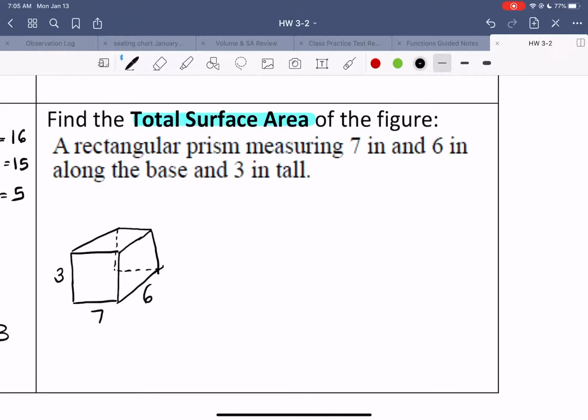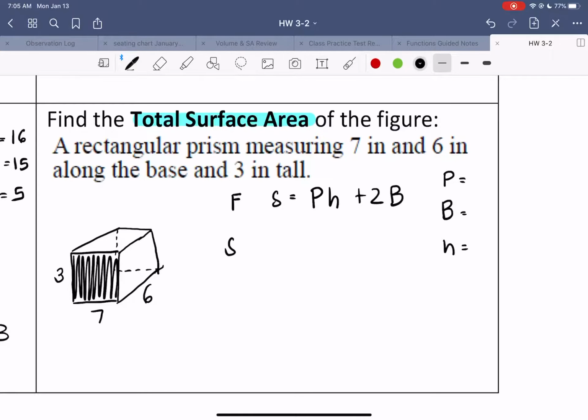And from there, the formula that we're going to use is surface area equals the perimeter of the base times the height plus 2 times the area of the base. So those letters again, we're going to need a perimeter of our base, an area of our base, and the height of our prism. So I'm going to select this one as my base